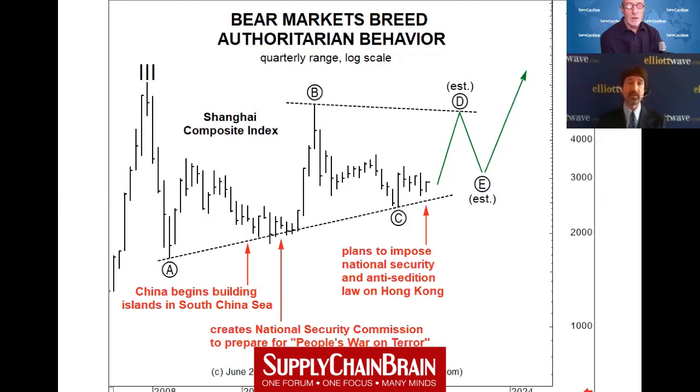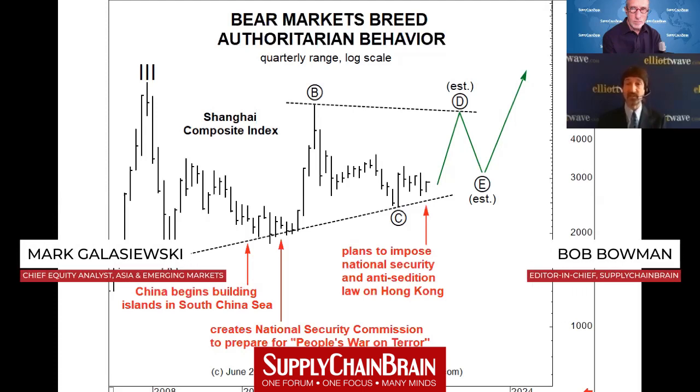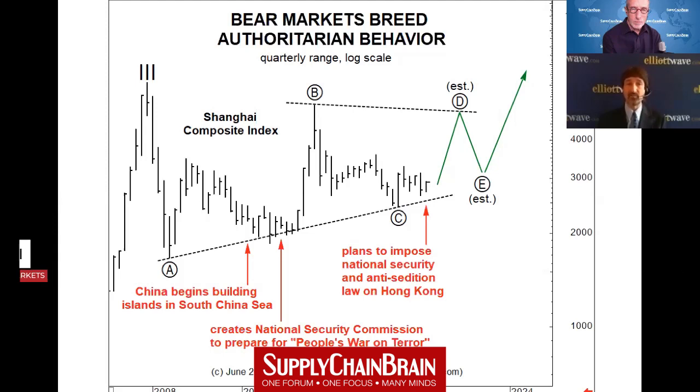Right. And yeah, and then most recently, you see here, in the wake of this Wave C decline, essentially the wake of this almost 5-year bear market, we now have China cracking down on Hong Kong. All of these are expressions of their insecurity, their fear during the period of this bear market, particularly toward the ends of the declines, that explains a lot of their